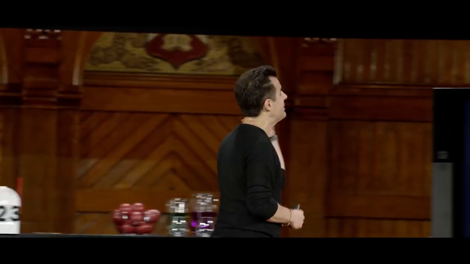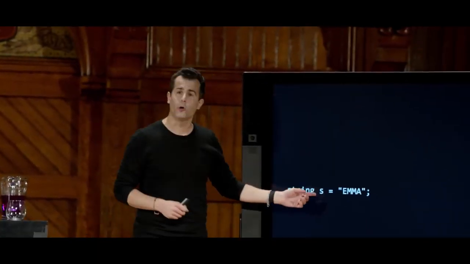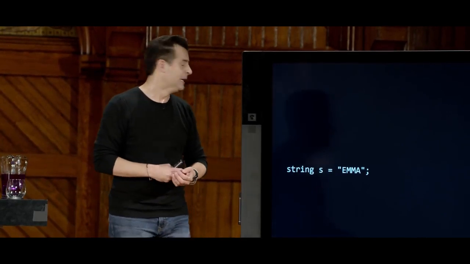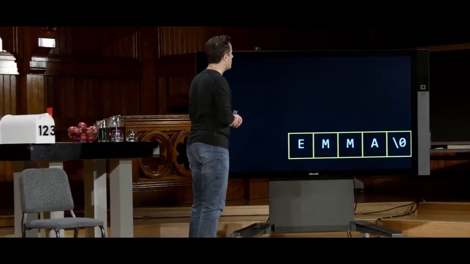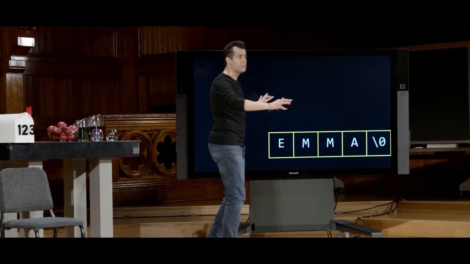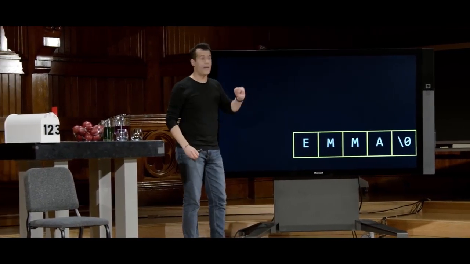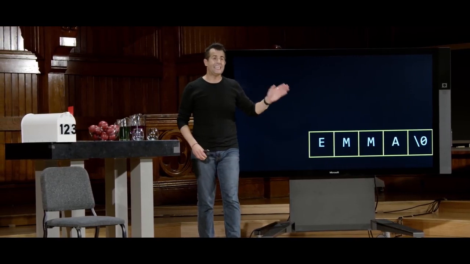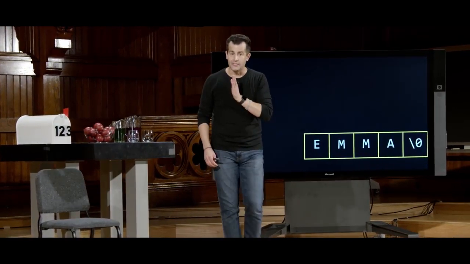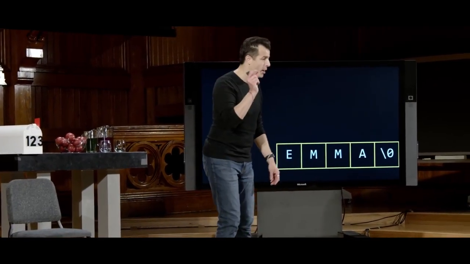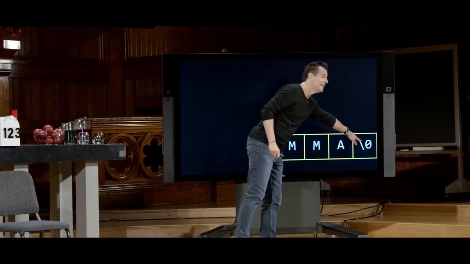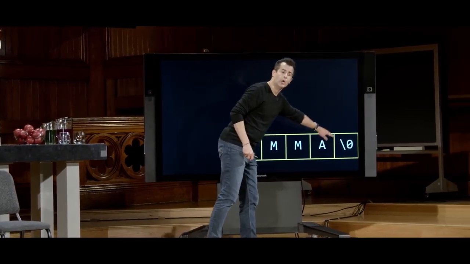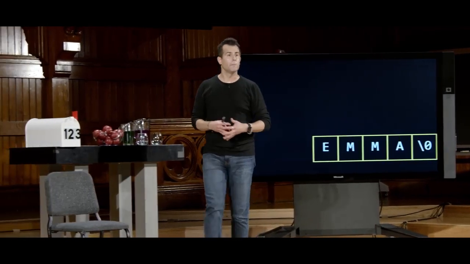So if we have a string like Emma here, declared in a variable called s, and quote unquote Emma in all caps, as we've done a couple of times now, what does this actually look like inside of the computer? Well, somewhere in my computer's memory, there are 4, nay 5 bytes storing EMMA, and then additionally, that null terminating character that demarcates where the end of the string is. This is just 8 individual 0 bits. So that's where Emma might be represented in the computer's memory.